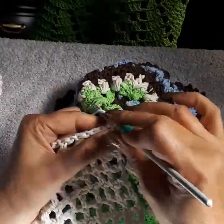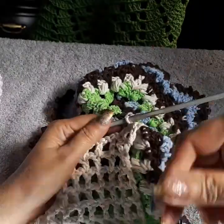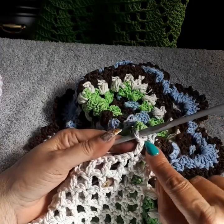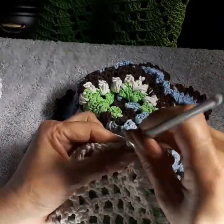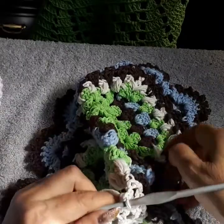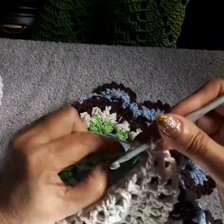Now there's 2 ways you can do this. You don't have to do it the way I'm doing. You can continue to do your whole thing, and you can just stitch it on, 2 stitches here, 1 in the middle, 1 at the other end, if you want to make it easier on yourself. So 1 chain. I'm just going to try to do it this way to save me time on stitching, I guess. Okay, so I'm coming into the middle